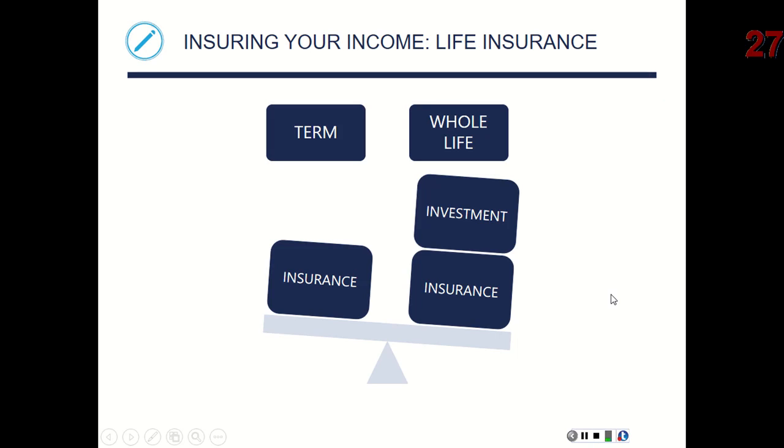So we've got two different types of life insurance, term life insurance and whole life insurance. Whole life insurance can also be considered similar to an investment and a form of retirement planning. So term life insurance is set for a certain period and then it ends. Whether that be 10, 15, 20, 25 years, somewhere in that ballpark, it ends. It has no cash value, I do not believe. So it's like the other forms of insurance. Unless you claim it, you're not getting anything out of it.